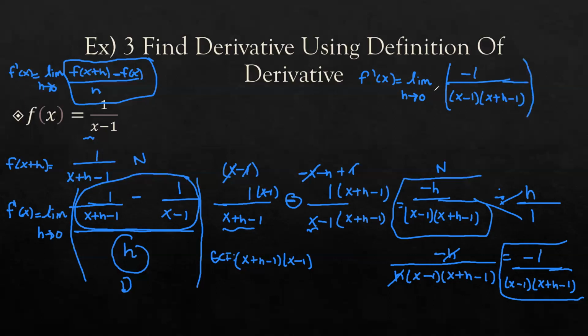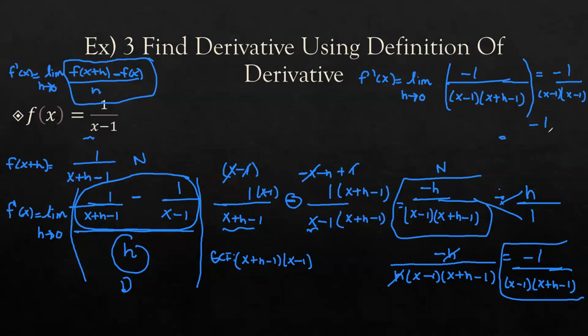And then you could just replace h with 0. So it's going to be -1. X minus 1 just stays the same. And then you just replace h with 0. So this is going to be x minus 1. So your final answer should be